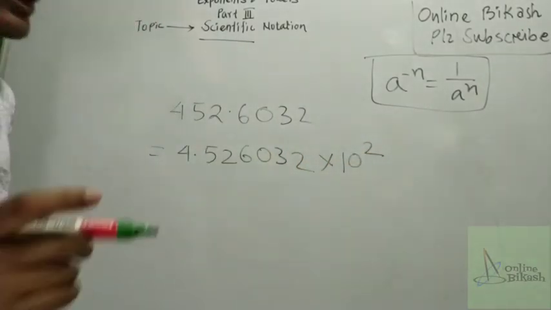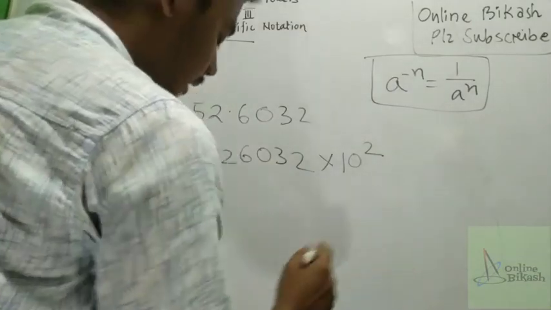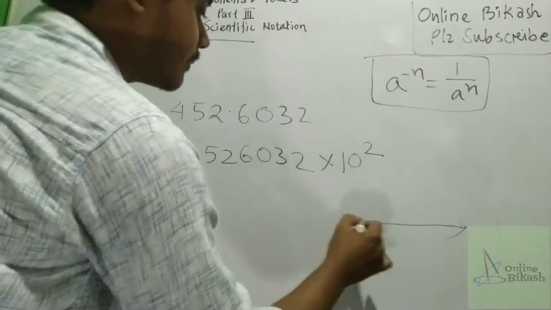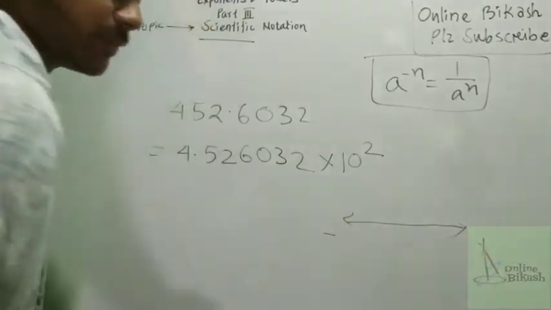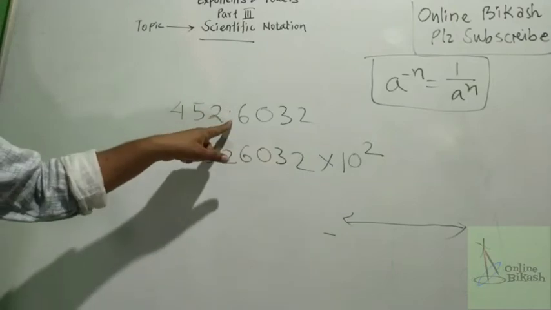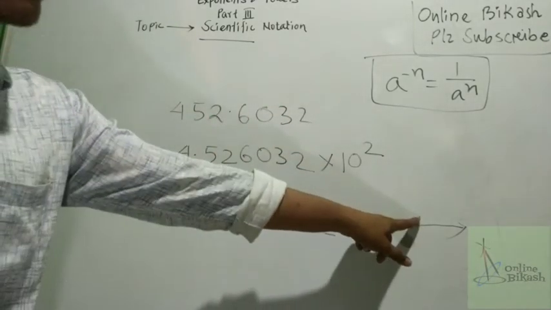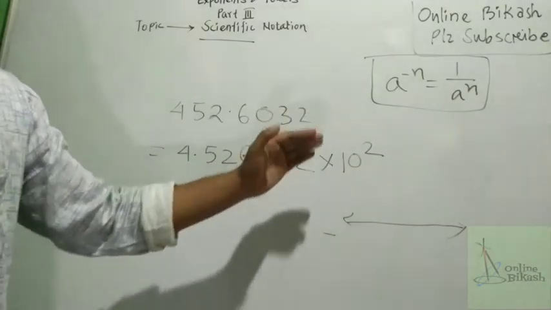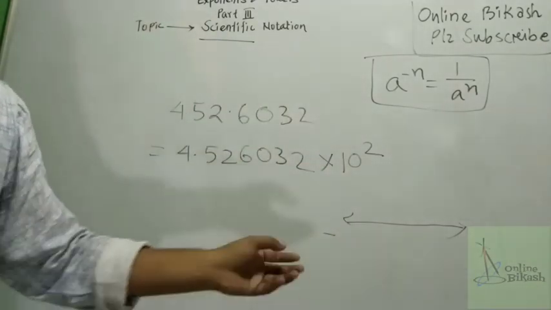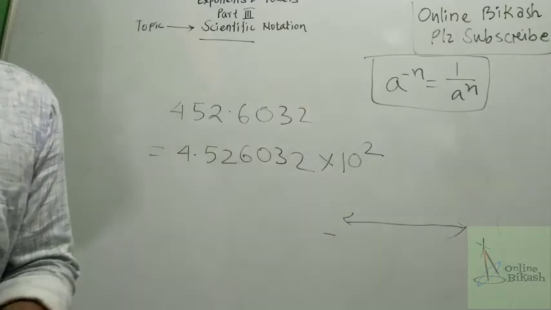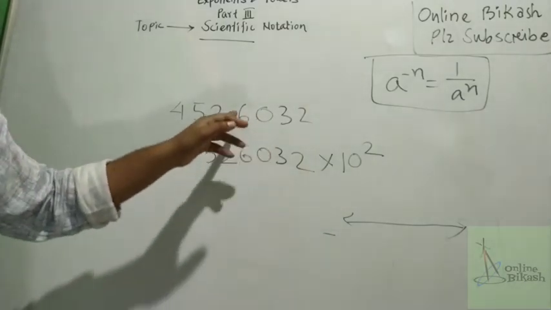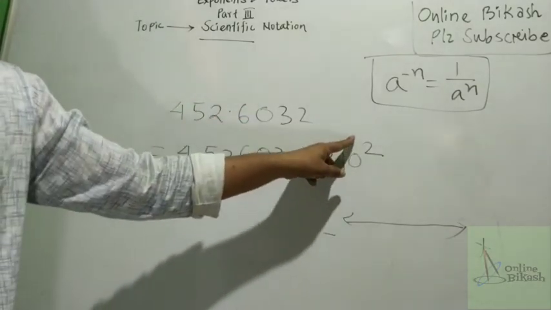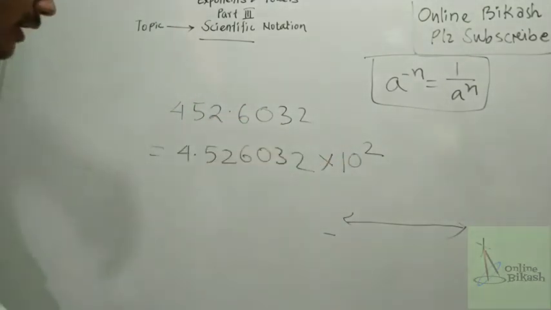So my dear student, there is a trick. According to the number line, suppose this is the number line. This side is negative and this side is positive. So when the point moves to the left side, according to the number line there is a minus, but in scientific notation it will be opposite of this number line. It's just a trick. Since the point has moved to its left side, we will express it in positive power. And whenever the point will